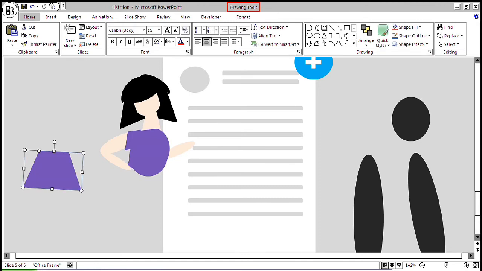Now bring the circle and place it on the above body part and put the trapezoid shape to make a frock like thing for the figure.